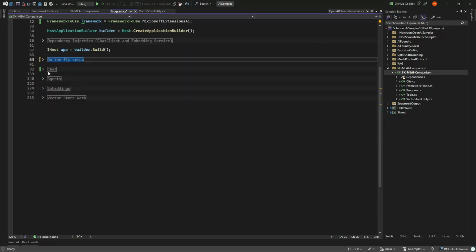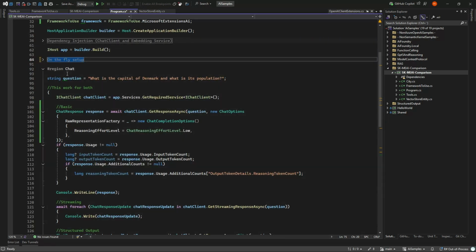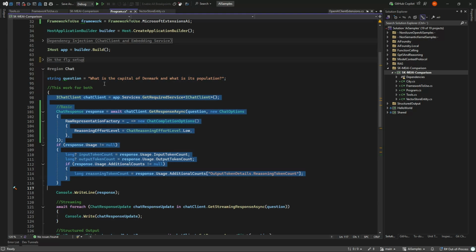Next up, let's look at the chat. And I've just put in a random question here. And the cool thing about this is that nowadays they can both work exactly the same. So this code is essentially Microsoft Extensions AI.